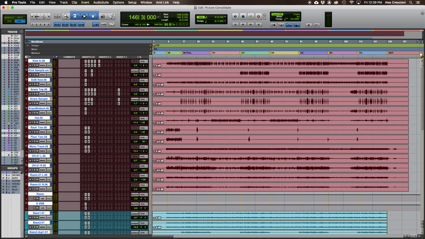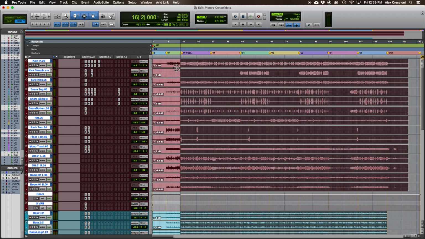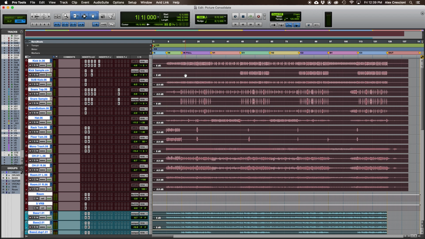So have all of your tracks selected, and then depending on what DAW you're in, you want to consolidate. But only the tracks you want your mix engineer to work with. Don't send them a bunch of random takes, a bunch of random extra guitar parts or whatever. Only the tracks you want to be included in the actual song. It's very important to make sure that you go through and clean up and make sure everything is exactly where